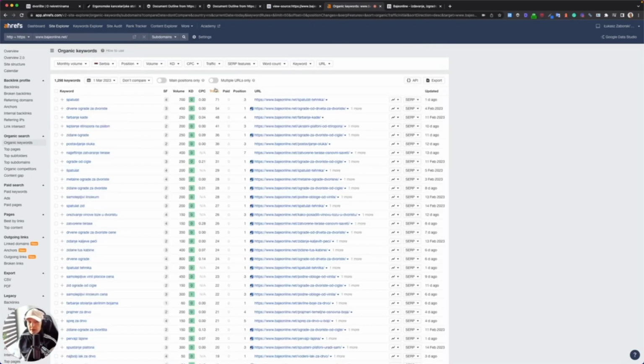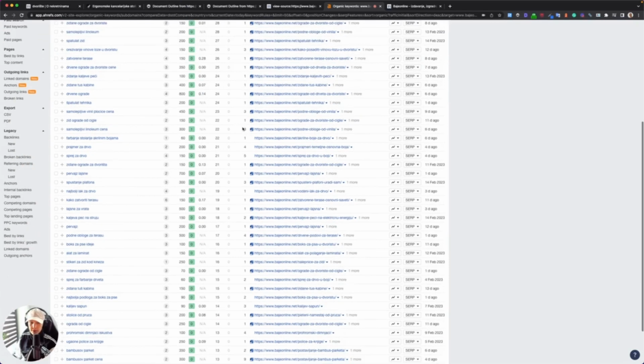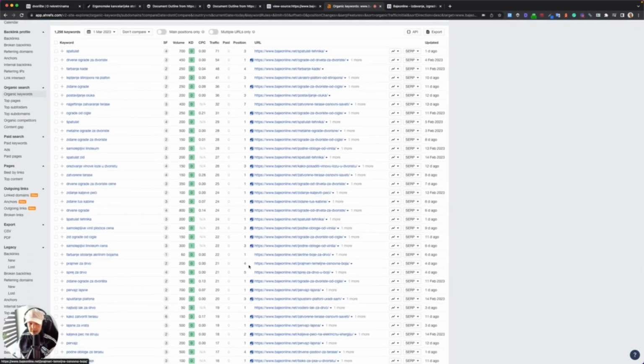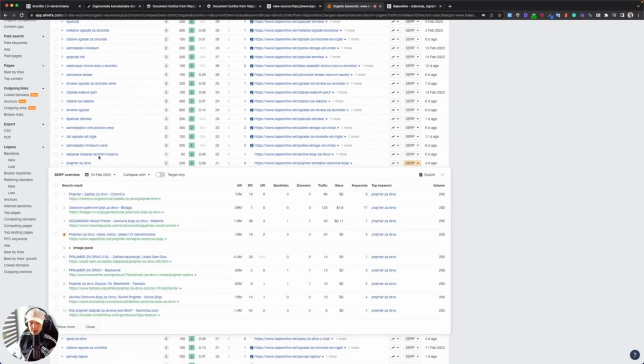What keywords are these? As you can see, some of the keywords are pretty okay. But for example, this is image keywords. Of course, this requires more in-depth analysis, but you can, for example, look for positions 4 or 5. And if this is a keyword that makes sense, you might think about optimizing for that keyword specifically,